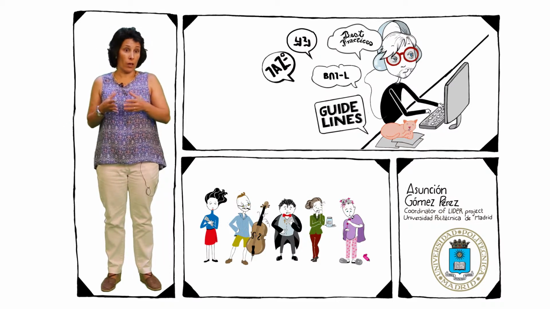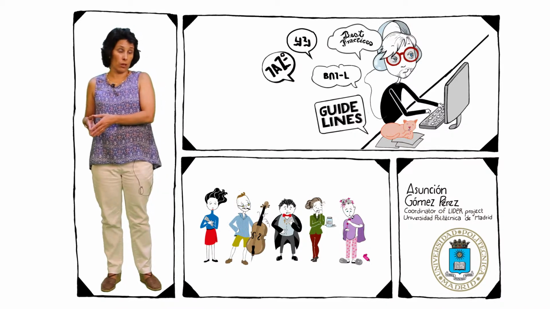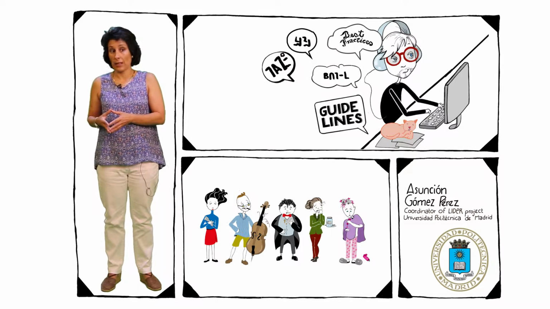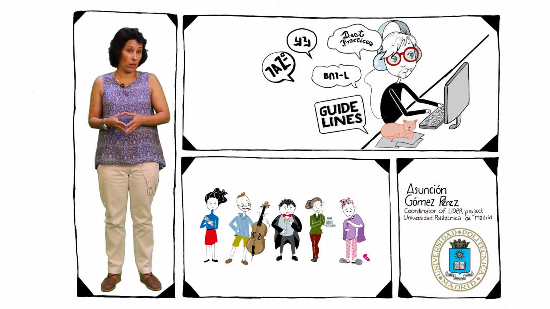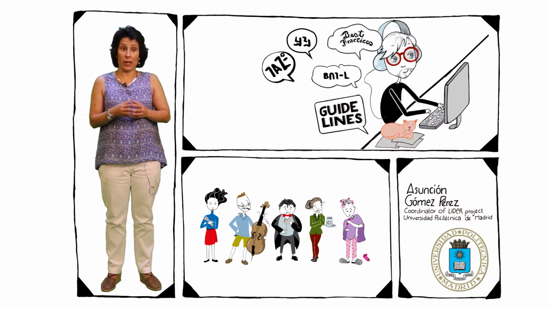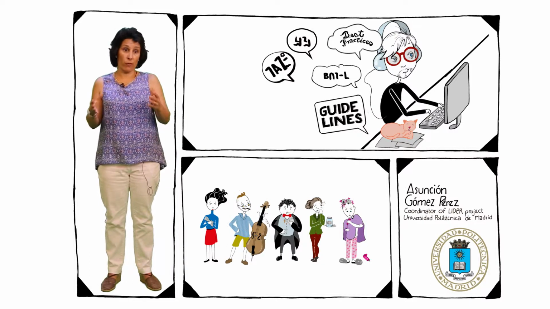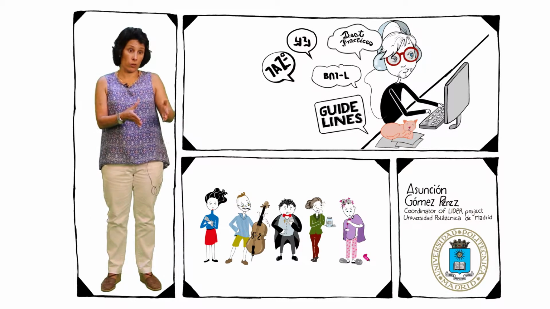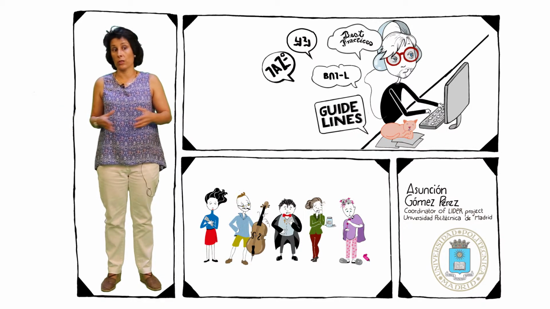So for instance, we have guidelines for transforming bilingual dictionaries into RDF and connecting bilingual dictionaries with other resources like BabelNet. We also have guidelines for transforming resources in TBX into RDF. We have guidelines for transforming WordNets into RDF. So any type of language resource requires some kind of guidelines for helping third-party users that are not participating in LIDER to transform their resources into RDF, and also for linking with other resources like BabelNet.